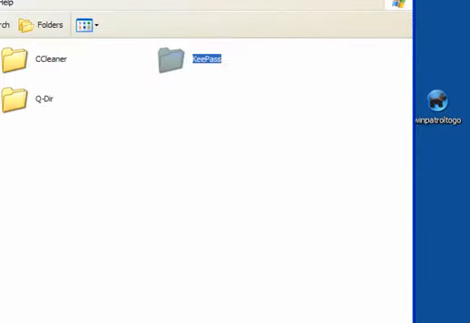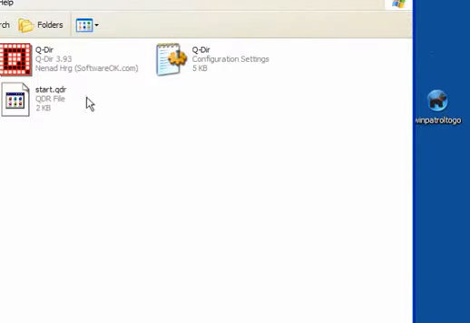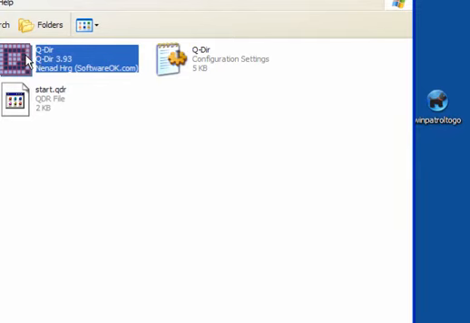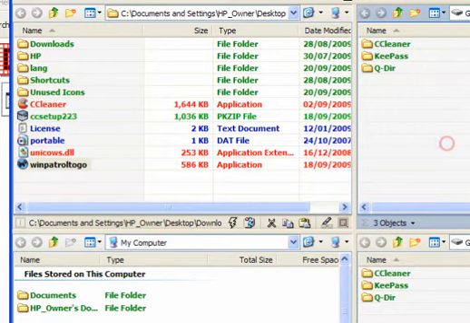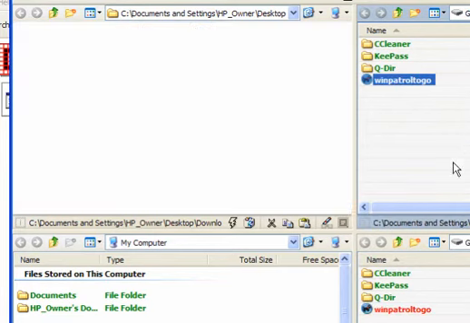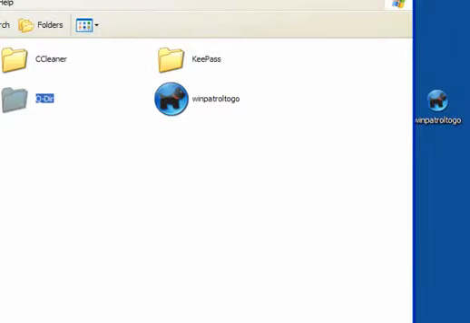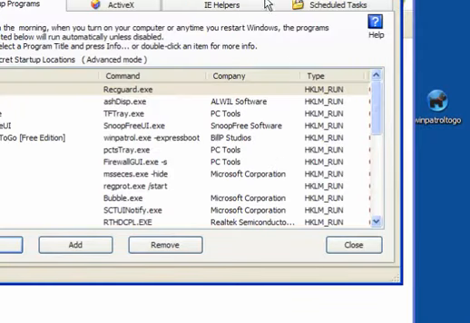So I will come out of this, and I also use Q-Dir, which allows me to view 4 folders or 4 panes with different drives, partitions, whatever, and I can simply drag and drop WinPatrolToGo from my desktop into my USB stick. Now if you've got it on your desktop, simply drag and drop it into your USB stick and that's it. Double click it to open the program, and